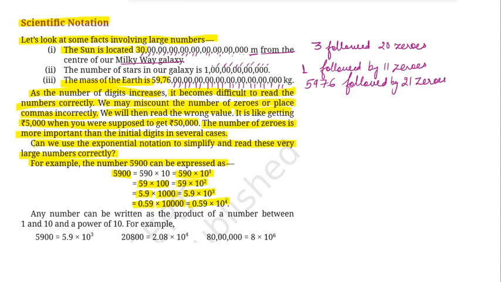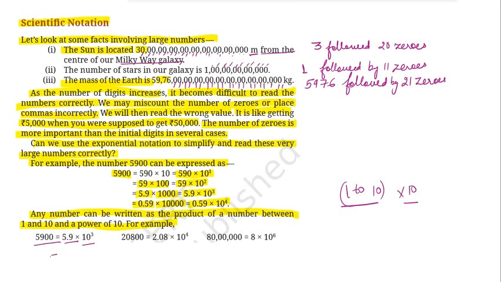So how can we write this number in the powers of 10? हम 1 power भी लगा सकते हैं, 2 भी लगा सकते हैं, 3 भी and 4 भी. And we can again हम 5 powers भी लगाएंगे तो ये जो डेसिमल पॉइंट है एक प्लेस और शिफ्ट हो जाएगा टुवर्ड्स द लेफ्ट. So any number can be written as the product of a number between 1 and 10 and a power of 10. So it is always possible to write any number between 1 to 10 और उसको हम प्रोडक्ट कर दे किससे, with the powers of 10. Any number can be written within the range 1 to 10 and then we can multiply it with the powers of 10. So for example, like 5,900 is written as 5.9 into 10 to the power of 3.